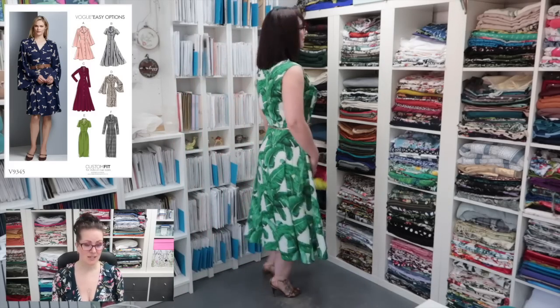Okay, so this is the Vogue 9345 shirt dress. I think I have that number right. Yes, I do. Wow. Vogue 9345 shirt dress in the Dolce & Gabbana cotton lawn that I got from Selvage and Bolts. I absolutely love